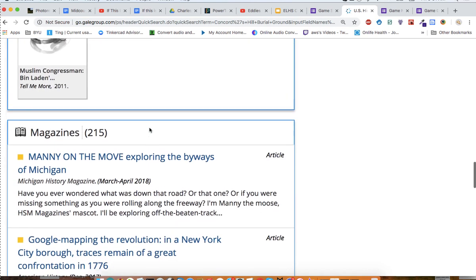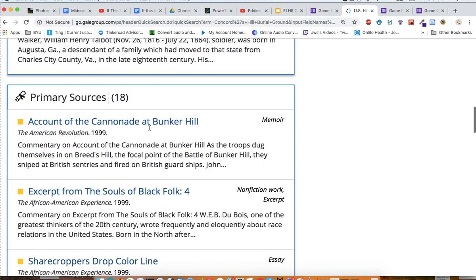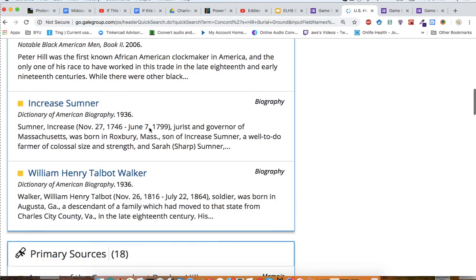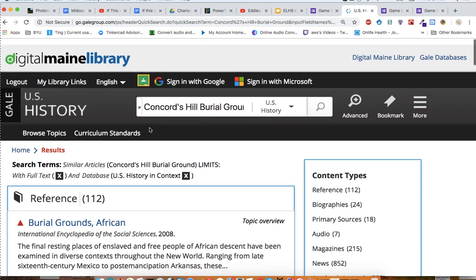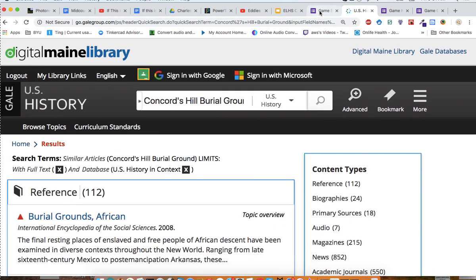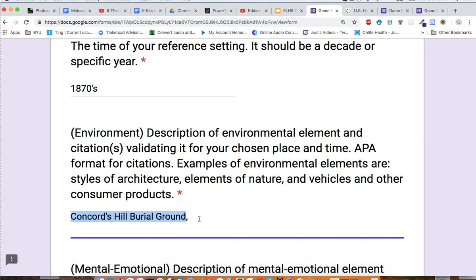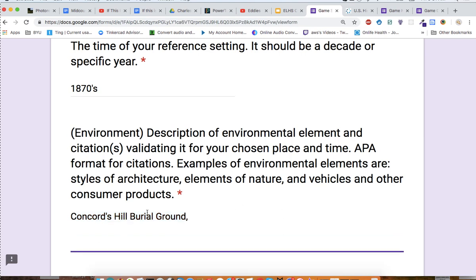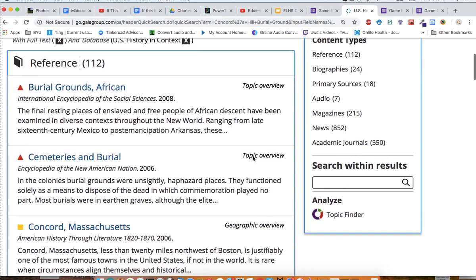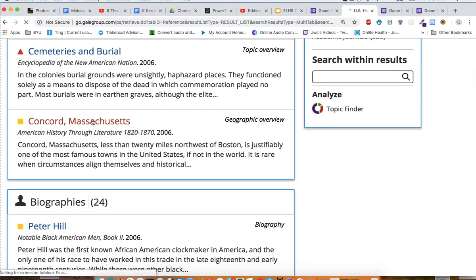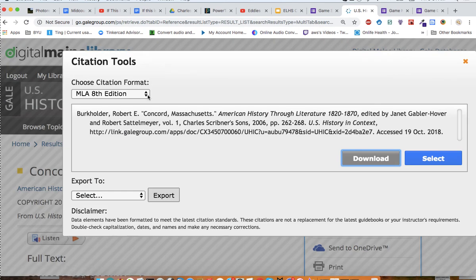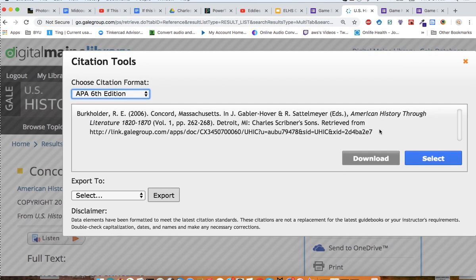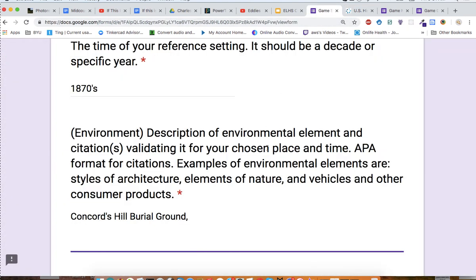So hopefully this process is going to be a fun investigation for you. I'm just really excited about this. I'm going to stop the video here now, but hopefully you see how I'm using the database, how I'm obtaining my evidence. So if I go back to, for example, over here, I use that APA citation. I click Citation Tools, move over here, APA. I know I already did this, but I'm just going to copy that again just to highlight this process